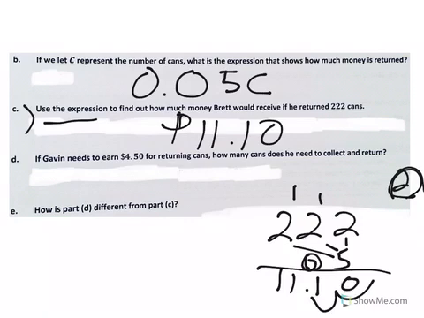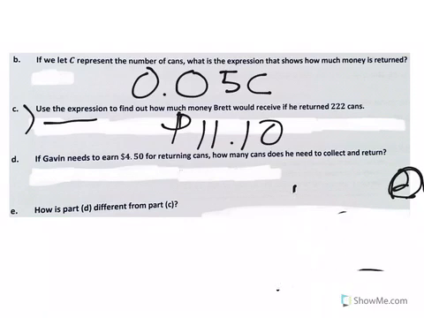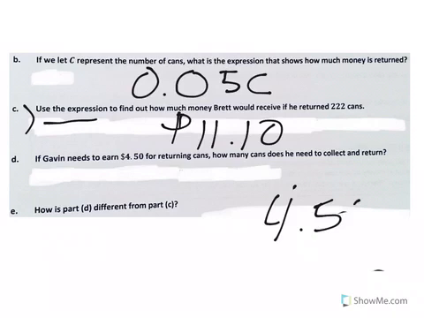Now for part D, things get a little interesting. It says, if Gavin needs to earn $4.50 for returning cans, how many cans does he need to collect in return? Well, now we're not multiplying because we don't know how many cans it is, right? We don't know how many cans there are. So we're going to have to do the reverse of multiplication. We're going to have to divide. So we're going to have to take $4.50 and divide that by